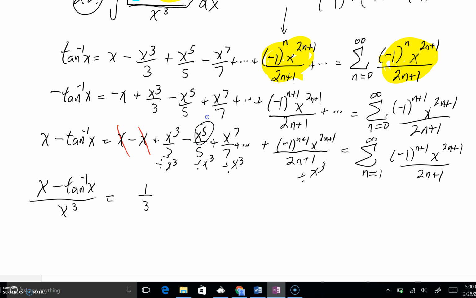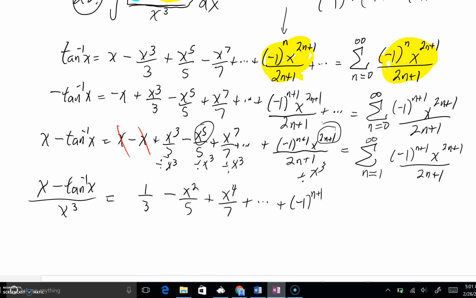Here, you're losing 2 x's. You'll have x squared all over a 5. Here, we're losing 3 x's. You'll have x to the 4th all over 7. And even as we move inside of sigma here, or to our nth term, I should say,